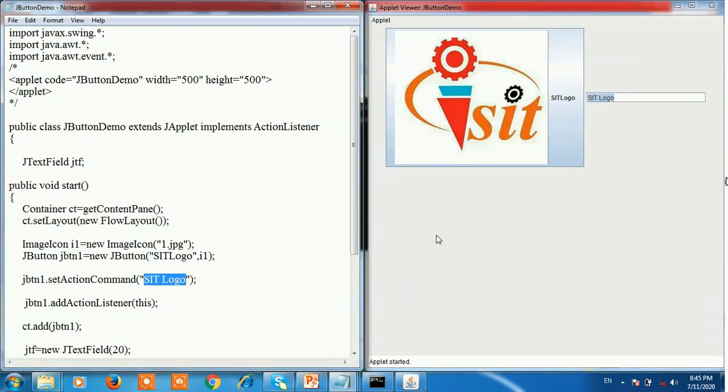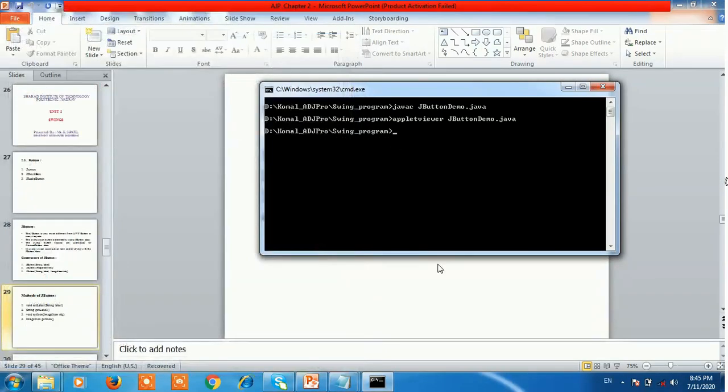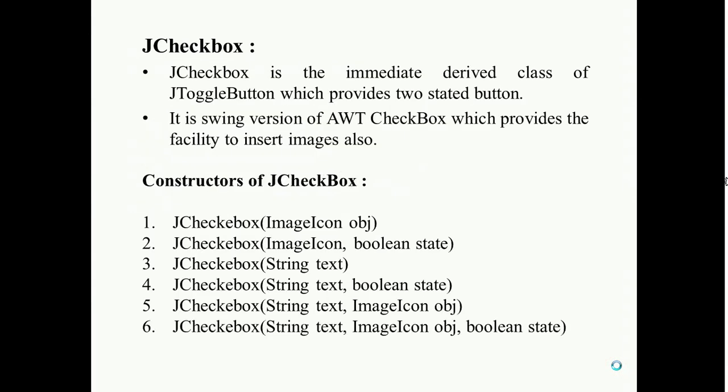Now see the next. The next is JCheckBox. The JCheckBox is an intermediate derived class of the JToggleButton which provides a two-state button. That means JCheckBox supports two states, true or false.